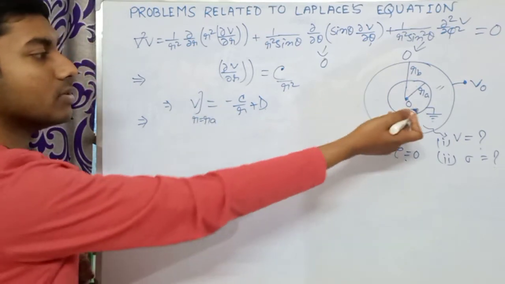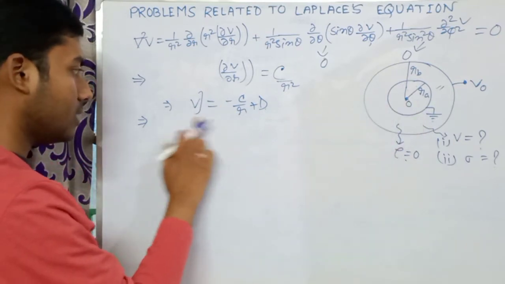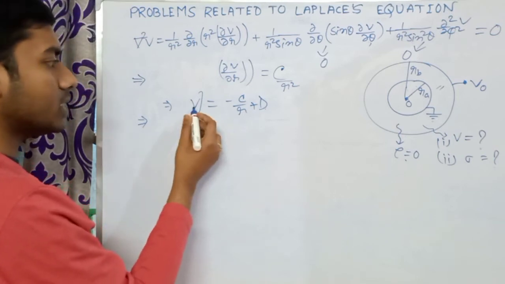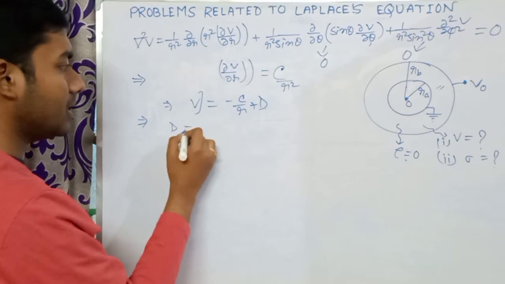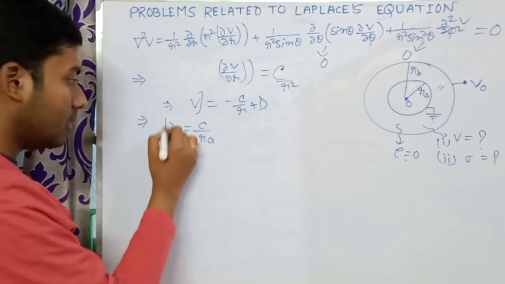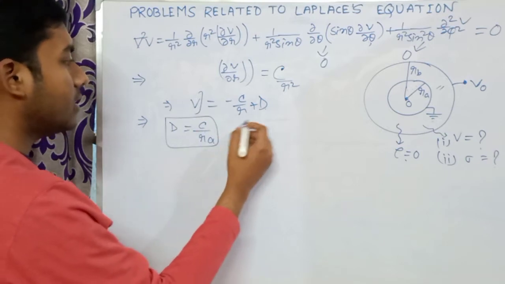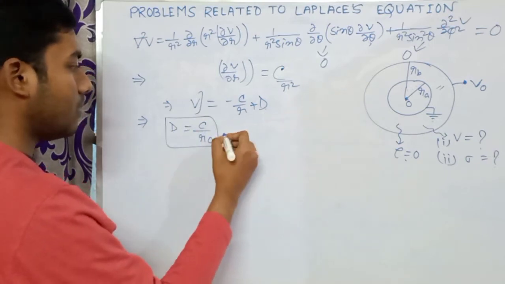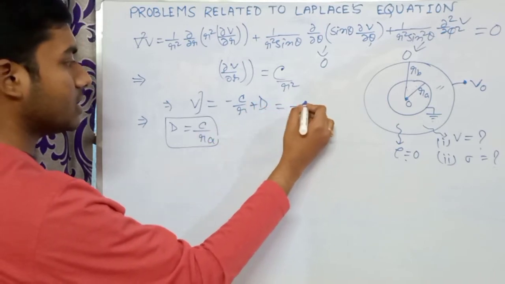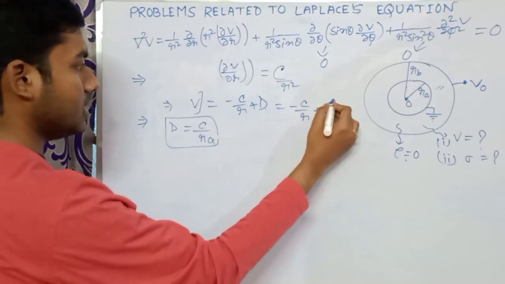This V becomes 0 at r equals ra. So I am writing here, at r equals ra, V is equal to 0. So D becomes C over ra, right? And at r equals, okay, so I am putting this here. So V becomes minus C over r plus C over ra,